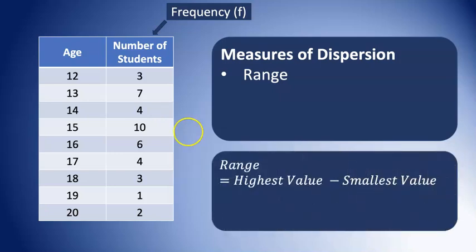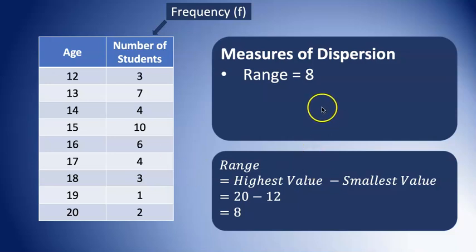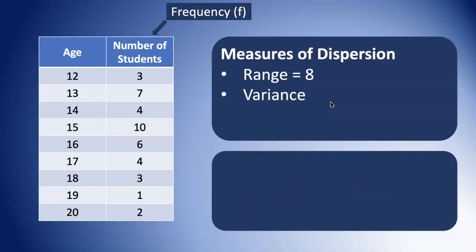The range is simply the highest number minus the smallest one. So here we have the highest age is 20 and the lowest is 12. So it's simply 20 minus 12, which gives us a range of 8. Alright, so this is the simplest one. Continuing,